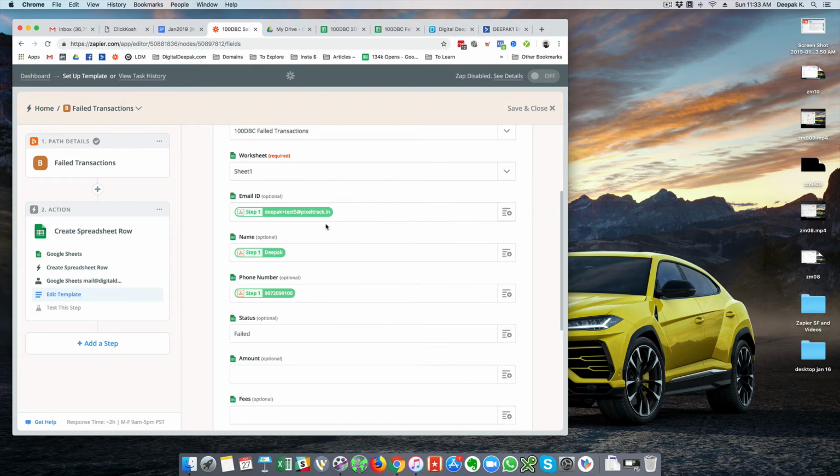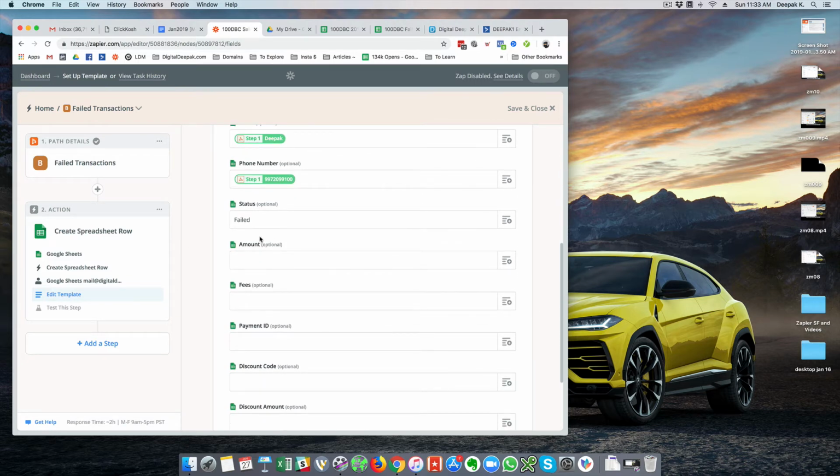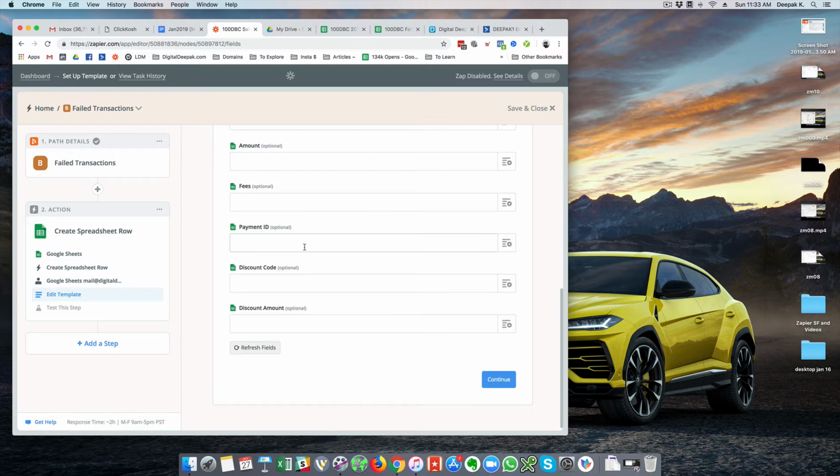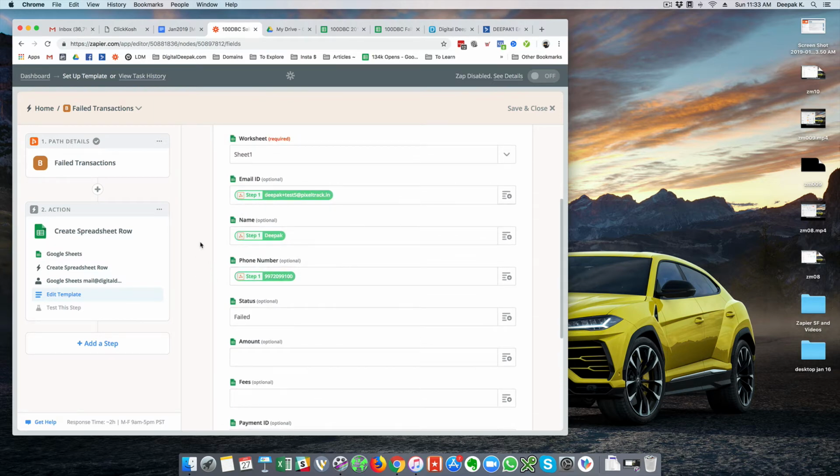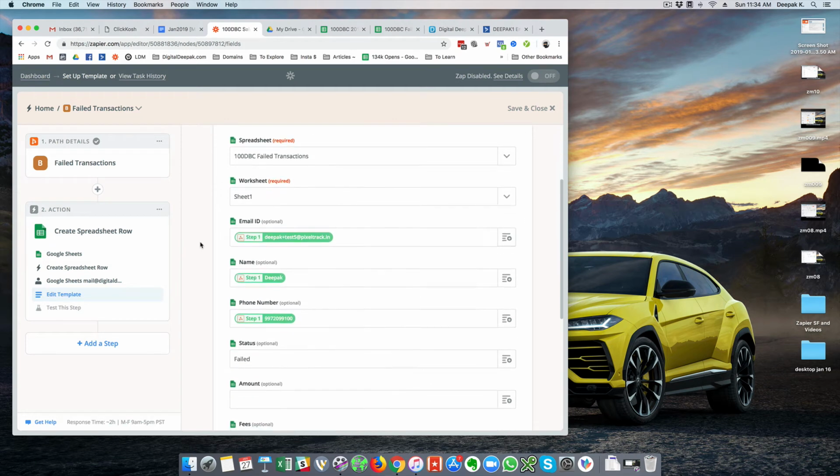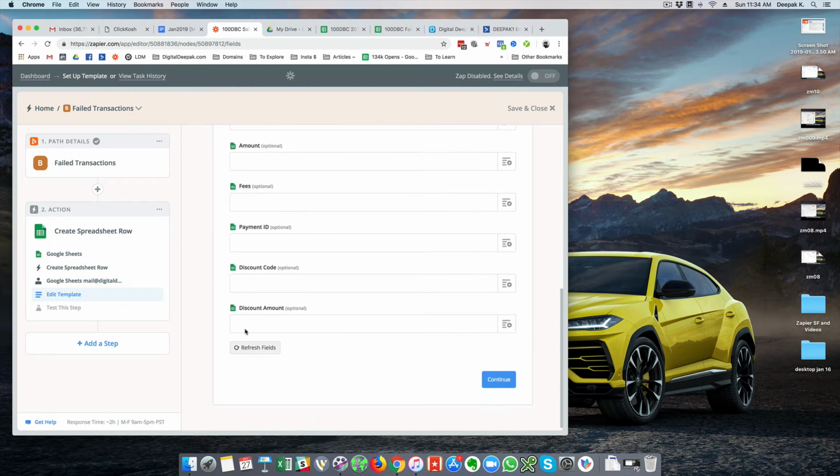What I have done here is that I have just entered the email ID, name and phone number, and I have written the status as failed myself, because InstaMojo is going to post a status, but we have only two options here. One is success and one is failed. So if it is not going to be a successful transaction, it's going to be a failed transaction. And by default, since it is a failed transaction, we are not going to have amount, fees and payment ID. So I will just leave all these blank. I am not sure whether they really have a payment ID for a failed transaction, but even then we might not need it, because we are just going to use these details to follow up with the person to make them pay again, or at least have visibility on Google Sheets on whether the payment has been made.